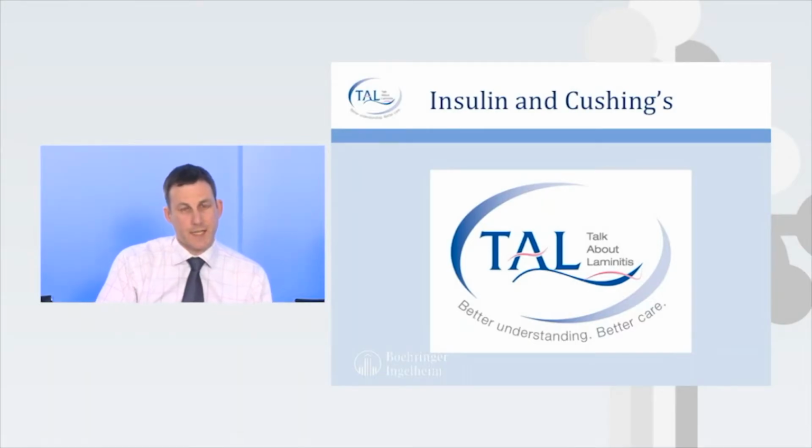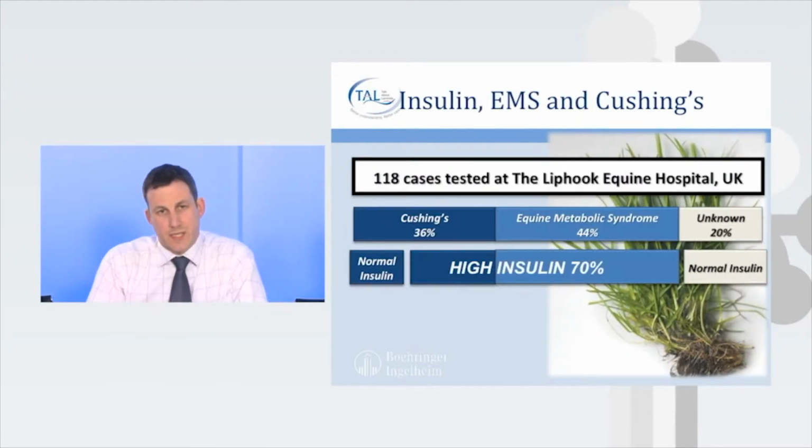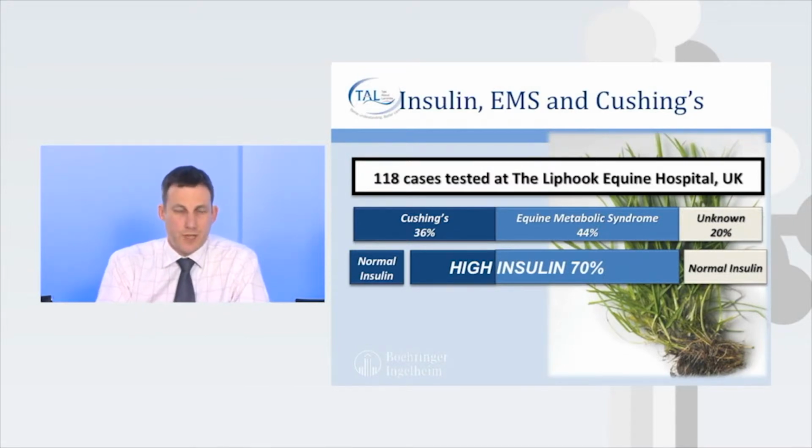If insulin is that central to the condition, then we would expect it to occur in both. The condition being laminitis there. So if we pop back to the data that we introduced earlier on, this is the data that Andy and I and others collated at the Liphook Equine Hospital from 118 cases that had laminitis. We discussed earlier that a reasonable number had Cushing's, a slightly larger number had equine metabolic syndrome, and then 20%